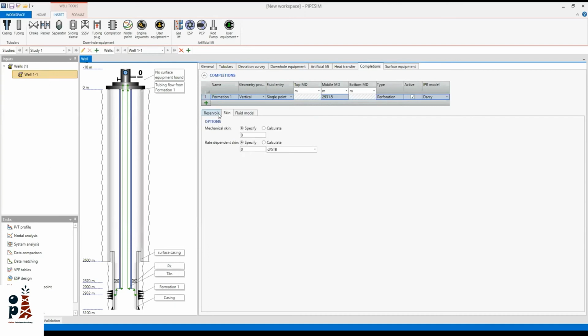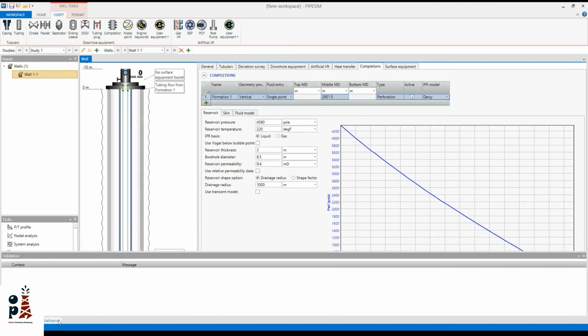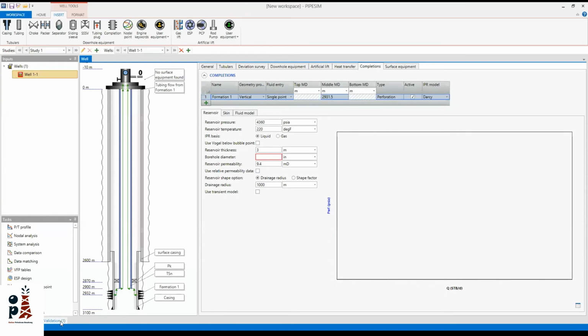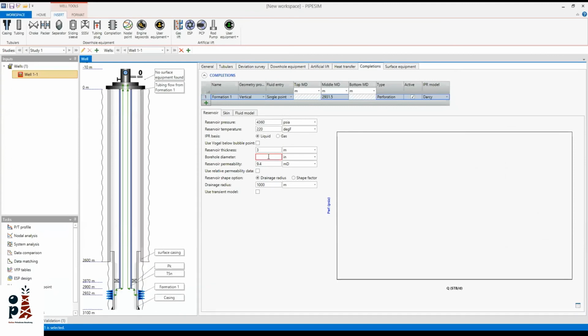If we have any problem with our input data, where my mouse arrow is pointing, this validation will be in red if any data is missing. For example, if I clear this one, I have one validation here. If I click it, it says go there: the value of the property must be specified. What property? As the well 1-1 completion formation 1. So I click here, and it directs me straight to the